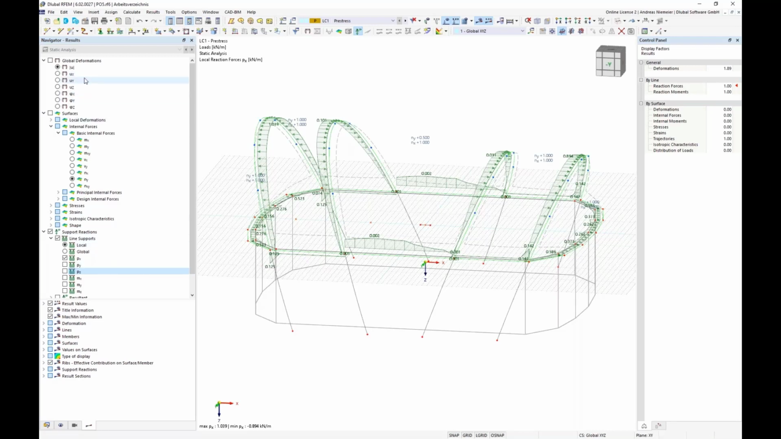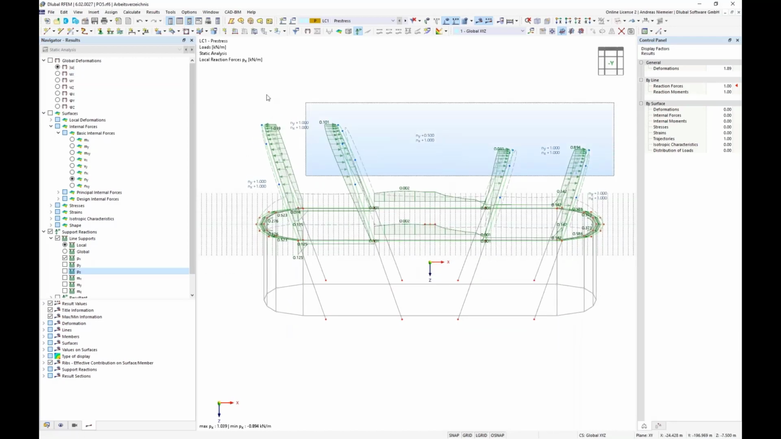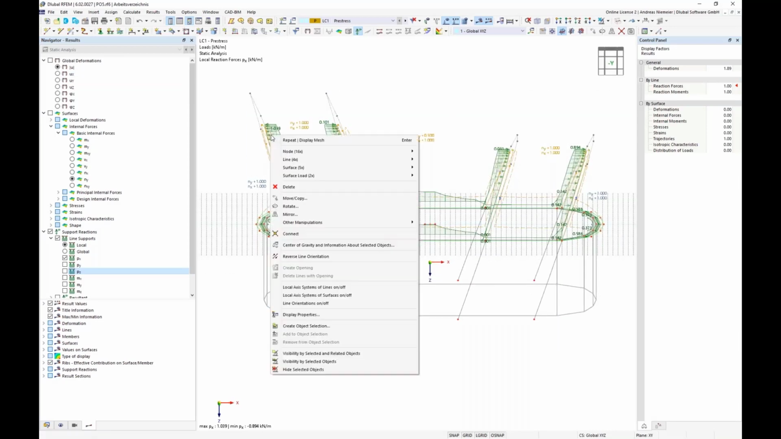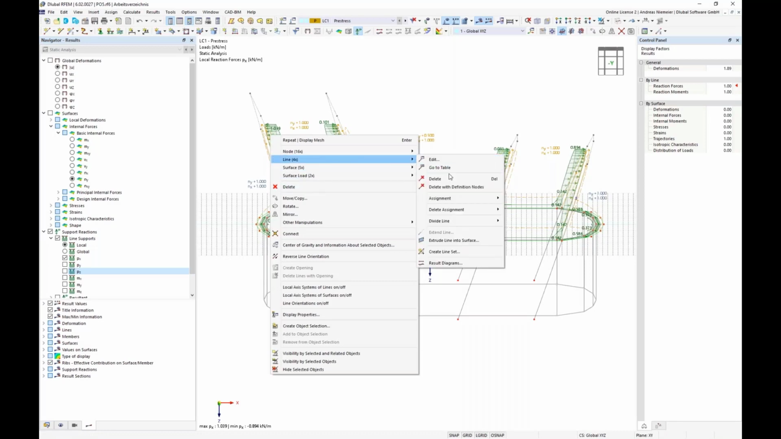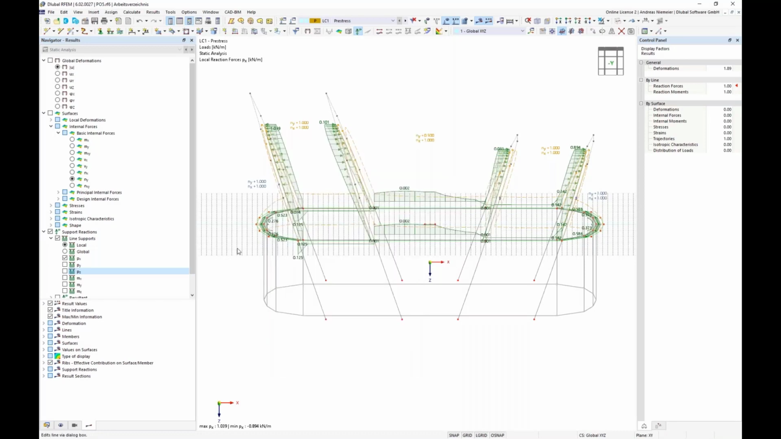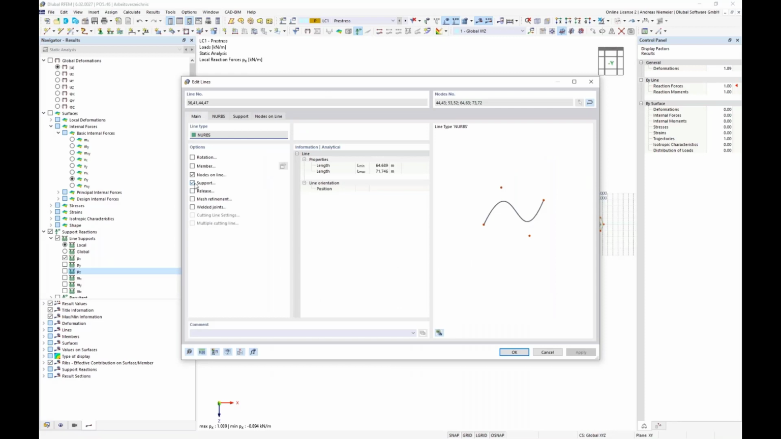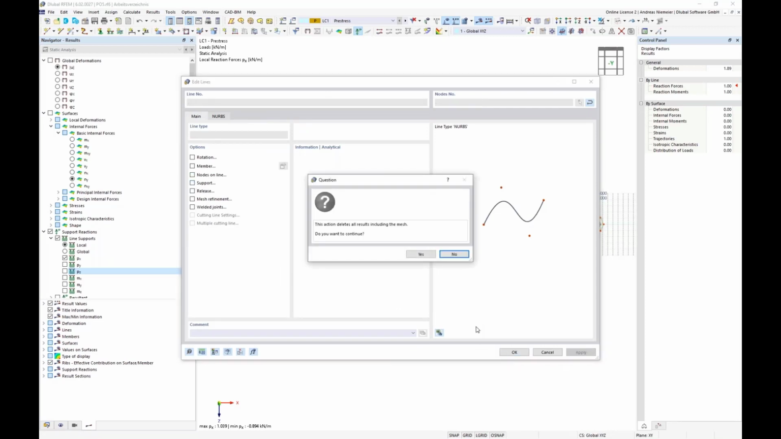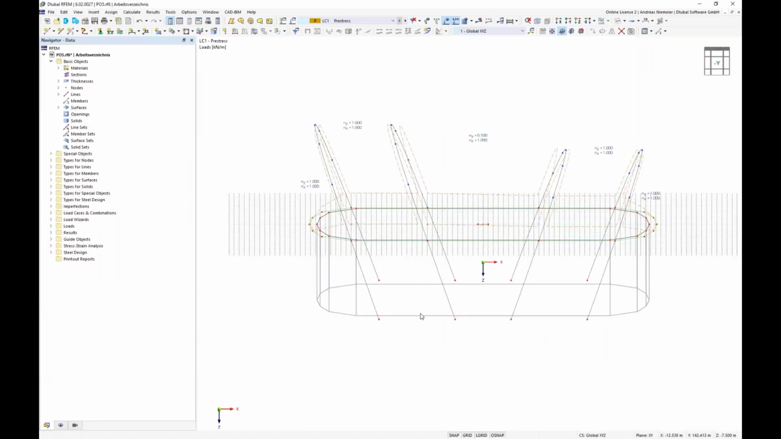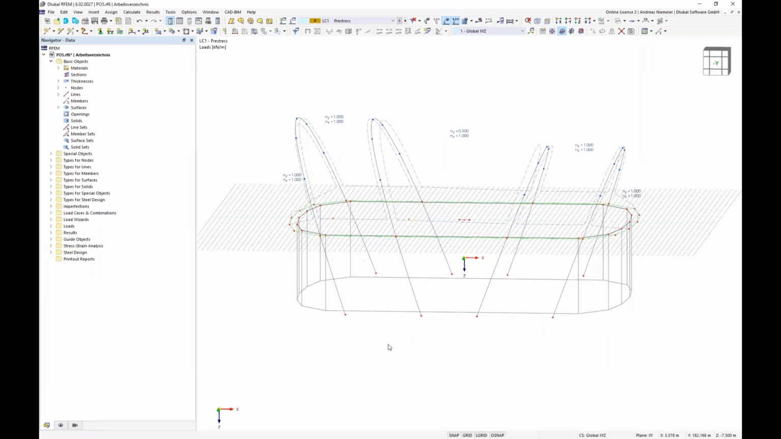For this, we can, let's say, remove the support on these lines. So go here to line, edit, and remove the support. So this is the first task. Now it's open, and now we can say